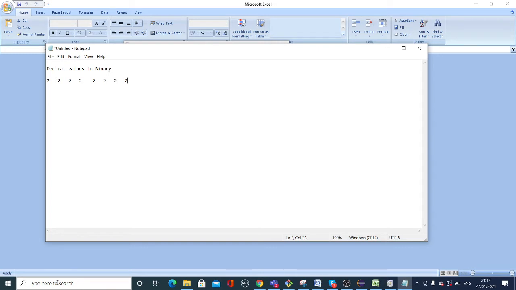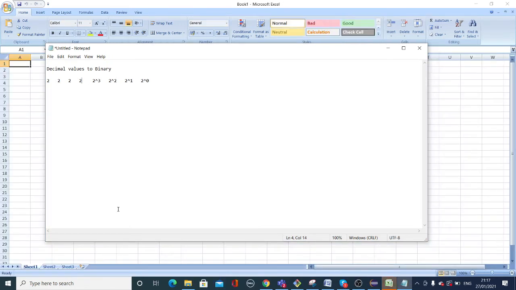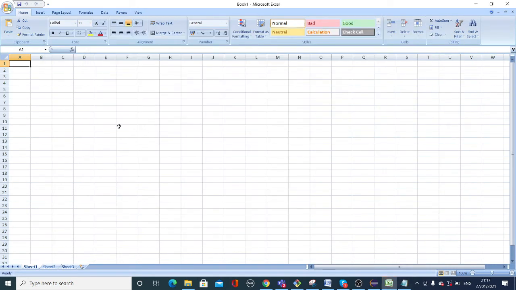This is a kind of syntax we have. So 2 power 0. If you remember, I have explained it. 2 power 1. You remember? 2 power 2. 2 power 3. This is better. Okay, so you can go bigger, but this is more than enough. I will go by the 8 numbers.